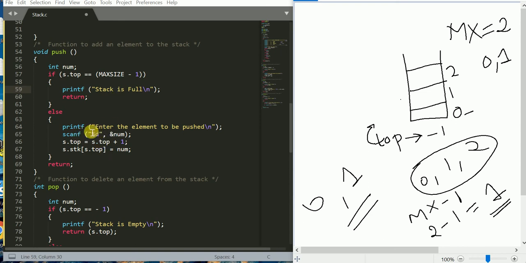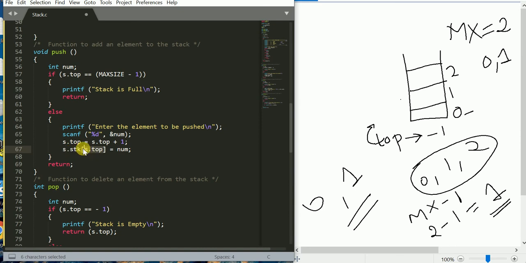understood. Next, if the stack is not full, then what you should do is increment the top pointer, and then you insert the data. Whatever number you give, that is the data, and that will be inserted. Why is that? Why can't we insert just to s dot top?